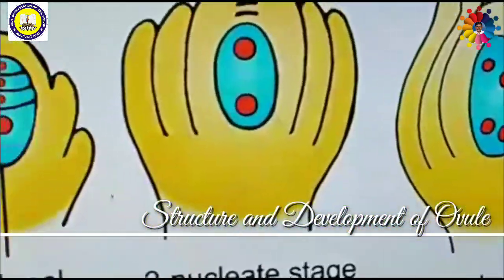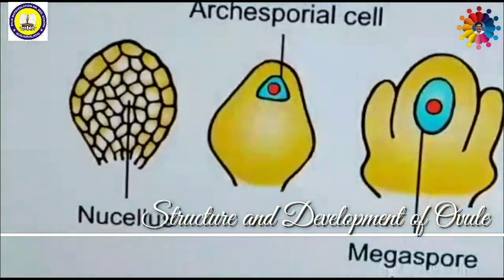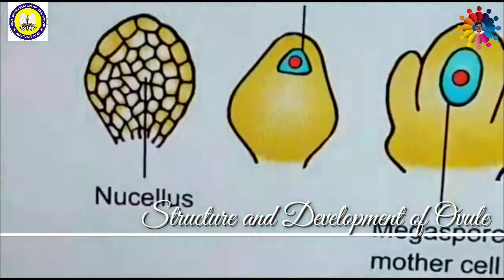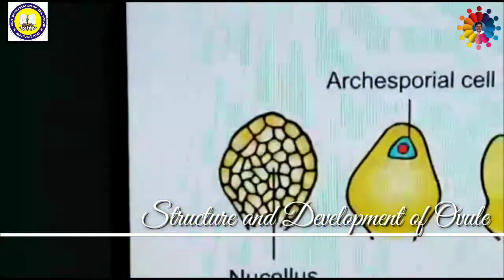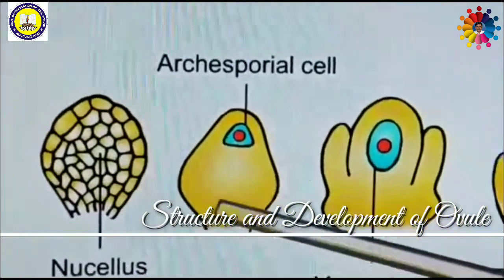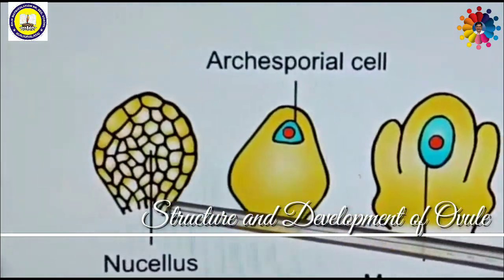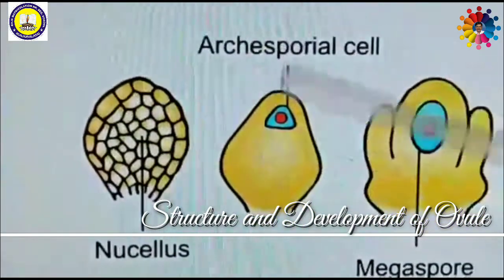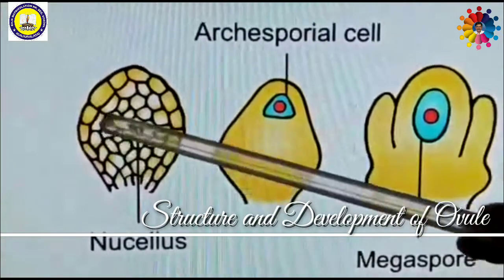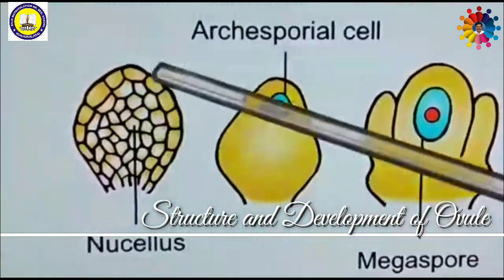That means development of the ovule or embryo sac, how this is developed. Step by step we shall go through. Earlier, as I said just now, inside the ovule there is a large body made up of a parenchymatous mass of cells. These are called the nucellus. This nucellus is completely made up of soft, delicate parenchyma cells.